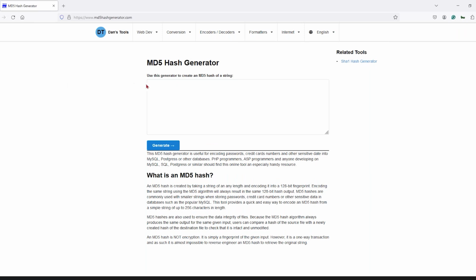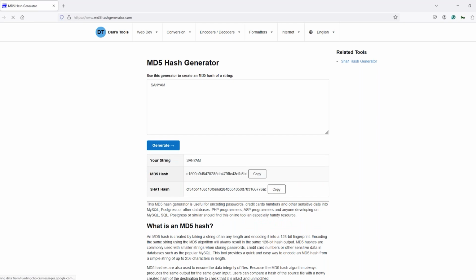Now, if I give any input, for example, I'm getting the same. We calculated some hash values over here, MD5 and SHA1, just to let you know it's demolished, it's no more there. But if you look at MD5, it is starting with C1 and ending with 8BC, correct? Now, if I make even a slight change to this, even if I add a single space,